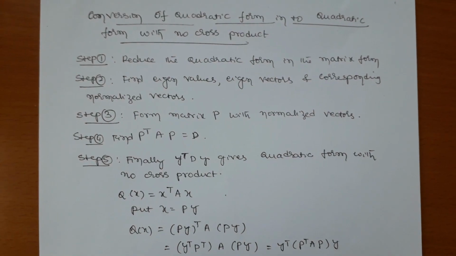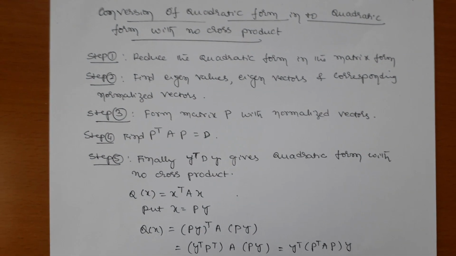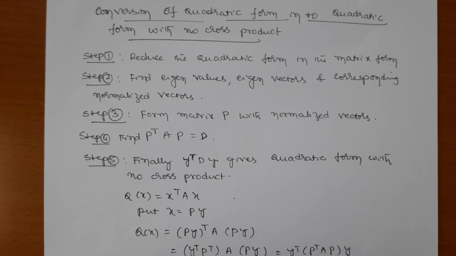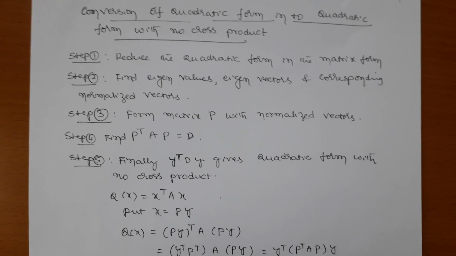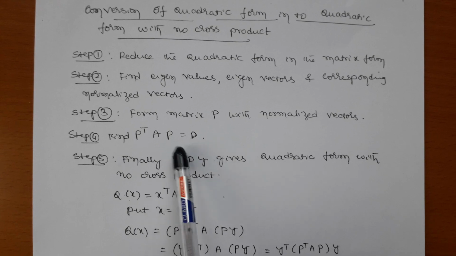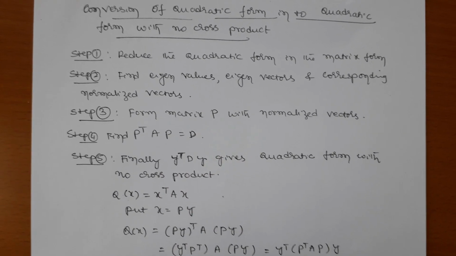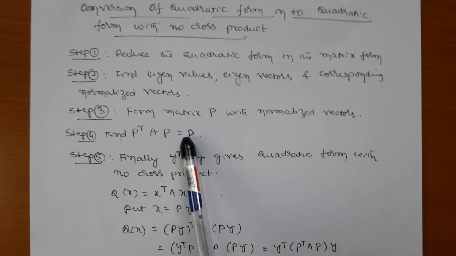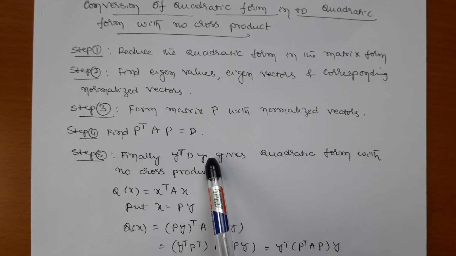You already know that when the given matrix is a symmetric matrix, we diagonalize like that only. The same thing you already know from the first video of module 5: suppose the given matrix is symmetric, how to diagonalize. Here also we do the same up to step 4. Form P with normalized vectors, and then you find P transpose A P equal to D. That is how to diagonalize a symmetric matrix. The same steps, okay?